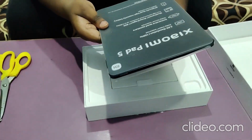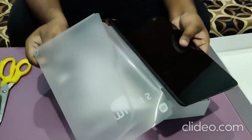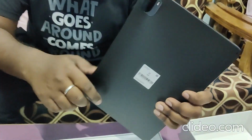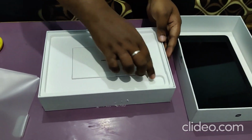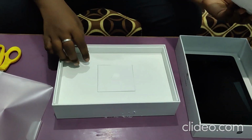Okay, yes. I can explain to you how I am feeling right now. Oh, it's so beautiful. It's eye-catching. The body it has got, it's amazing. And now I'm showing you the contents inside the box, which are